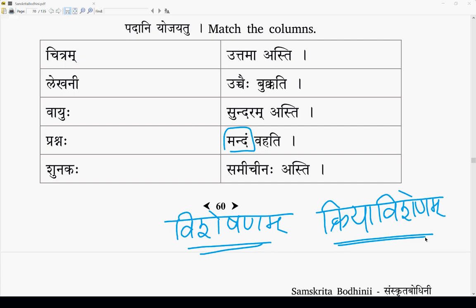So, anyway, who wants to talk about this? Visheshanam describes the noun. The Kriya Visheshanam describes the verb, or the action. Okay, Girijabhagini. So, Visheshanam describes the noun only. See, this Kriya Visheshanam describes the verb fine, but my question is, does the rule of the same Lingam, Vachanam and Vibhakti apply? Yeah, that applies to only Visheshanam.